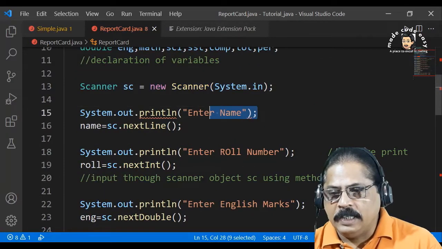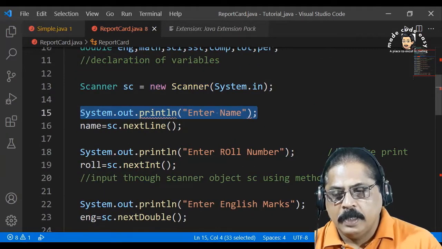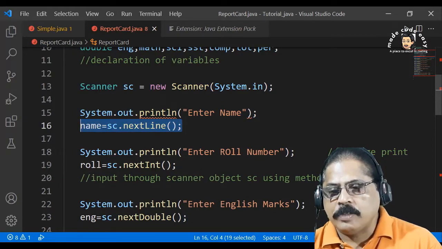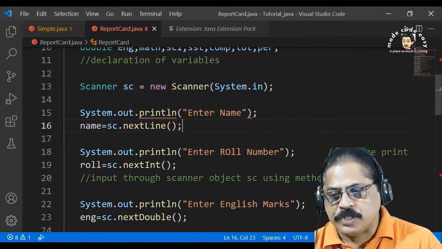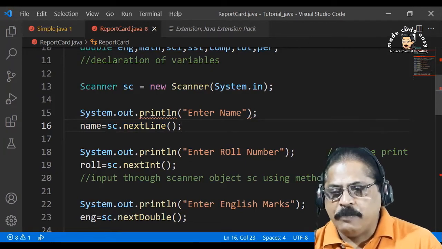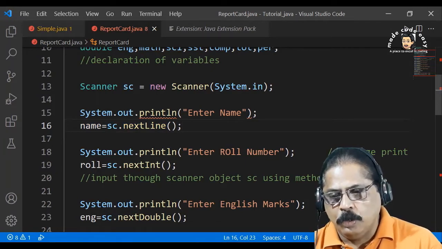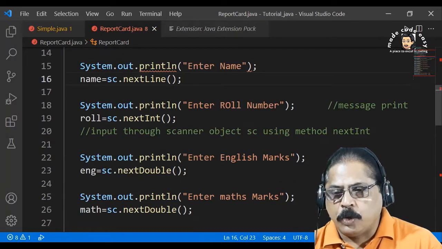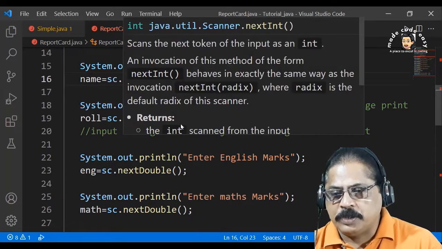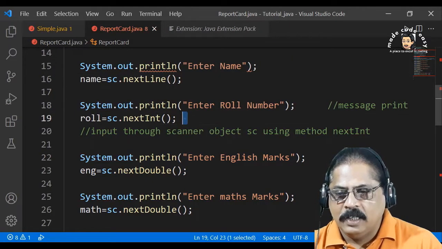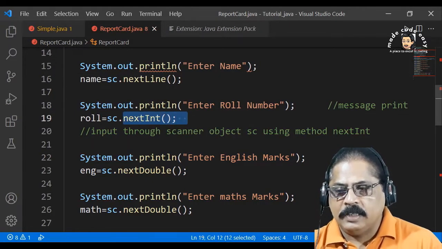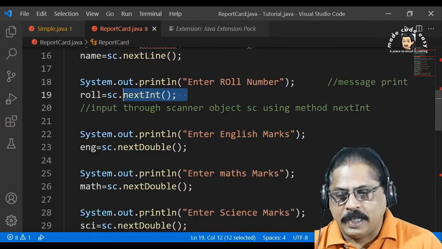We have written enter name and we take input of the name using nextLine because in a name there are spaces also. Otherwise we can use next while taking input in Java. We have taken roll number input and used the nextInt method because roll number is integer type.